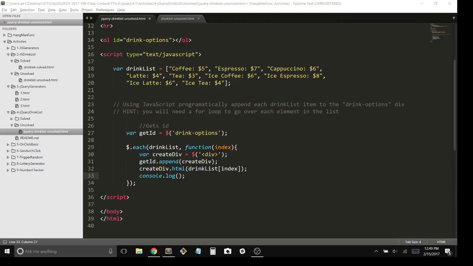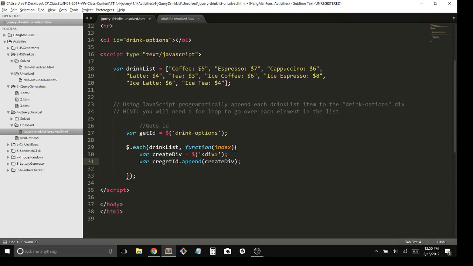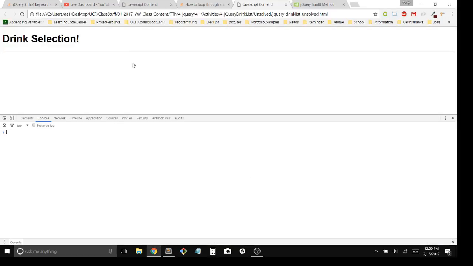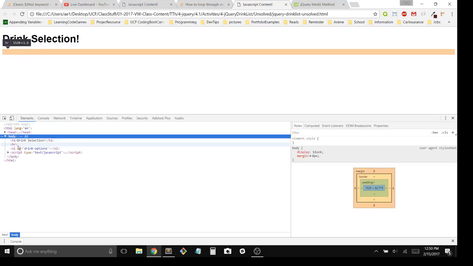Okay, so I don't think I'll be working this long on this. Let me just go ahead and print the divs. So I create a div, right? And I want to var create var print div is equal to. Okay, so I'm getting my ID and I print to that. Alright. Okay, so then when I go to my elements,